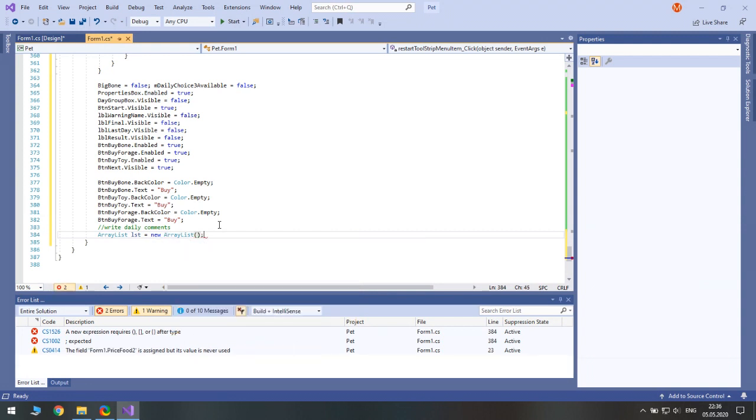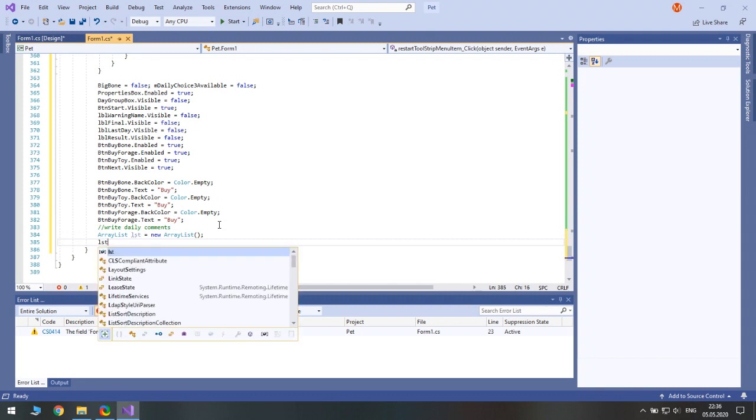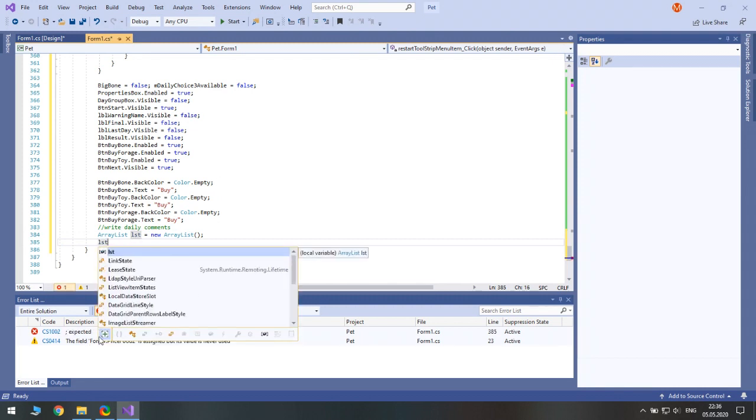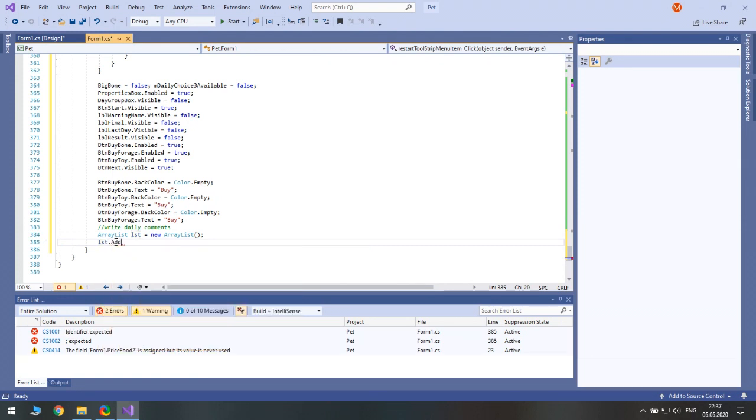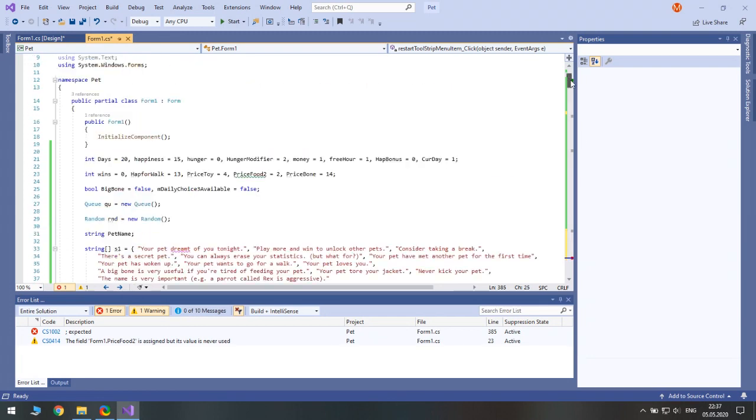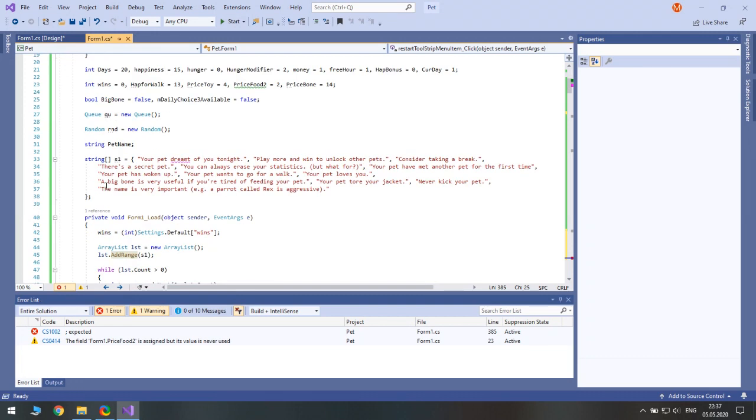Good. And lst we add range from our string array s1.